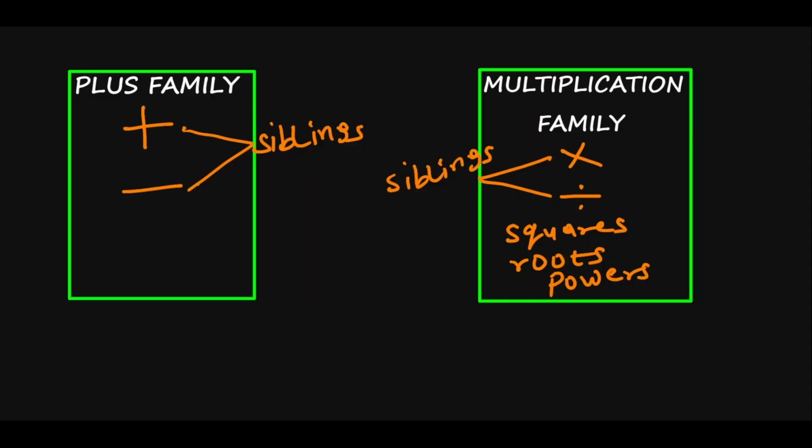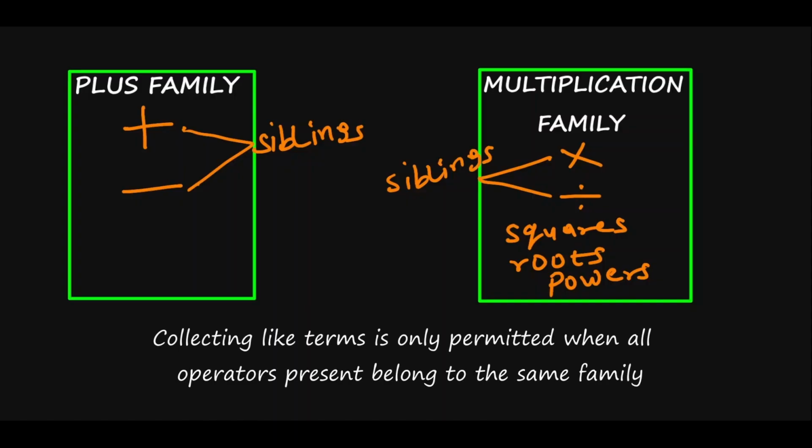We will encounter these in other lessons, but it is important to mention that they are part of this family. But this is very, very important. You need to be able to distinguish that the plus and minus operators are different from the multiplication and division operators. They are in different families, and it affects whether you can collect like terms or not. So, what is this second rule saying? If the expression has operators that are all from the same family, then you can collect like terms and move them as you like. But once the operators are from different families, you cannot move those terms, because once you move them, it becomes mathematically incorrect.